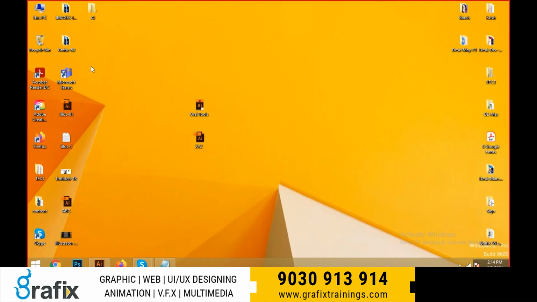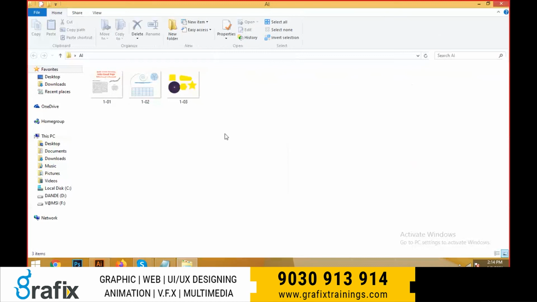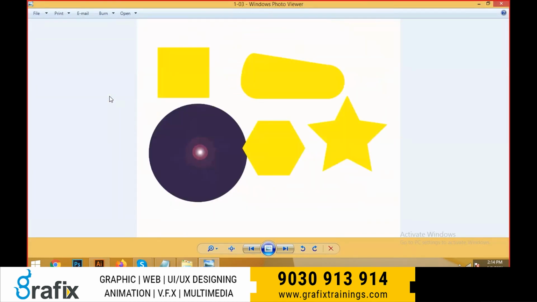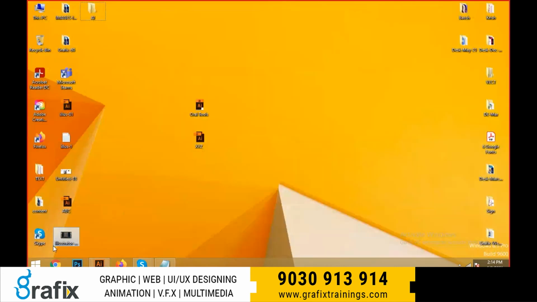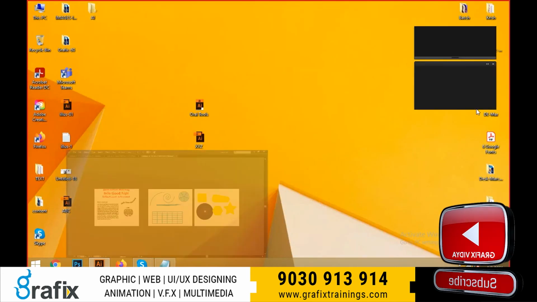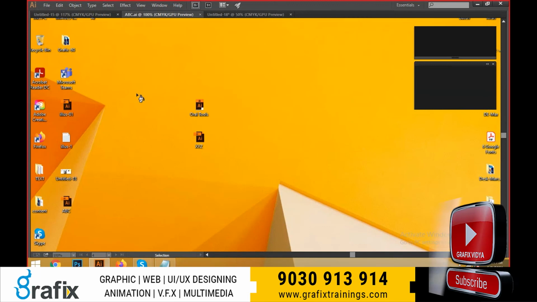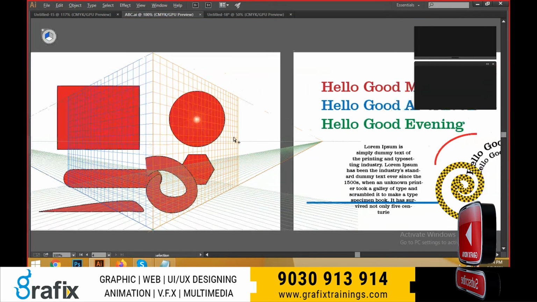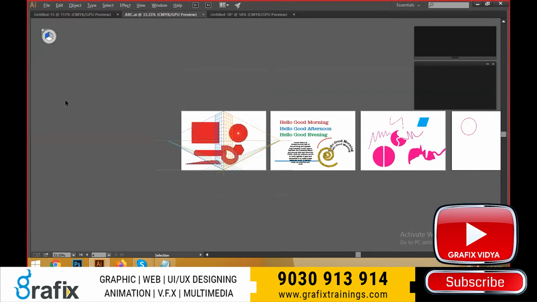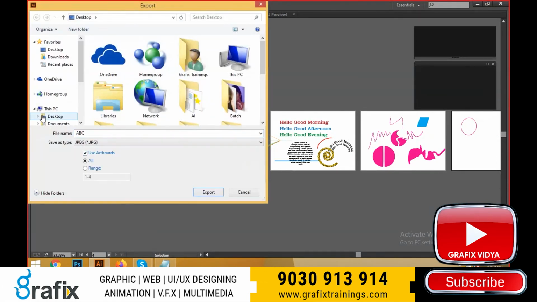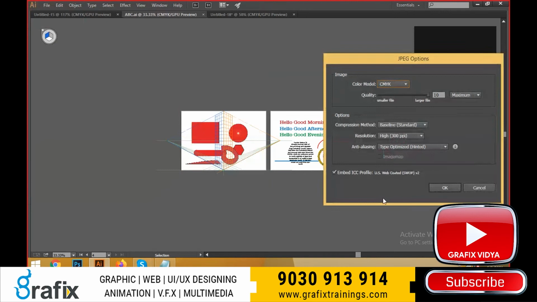Come back here, select this. See, we can directly export it into JPG format using the export option. Suppose you need this one: File, Export, desktop, use artboards, and export.